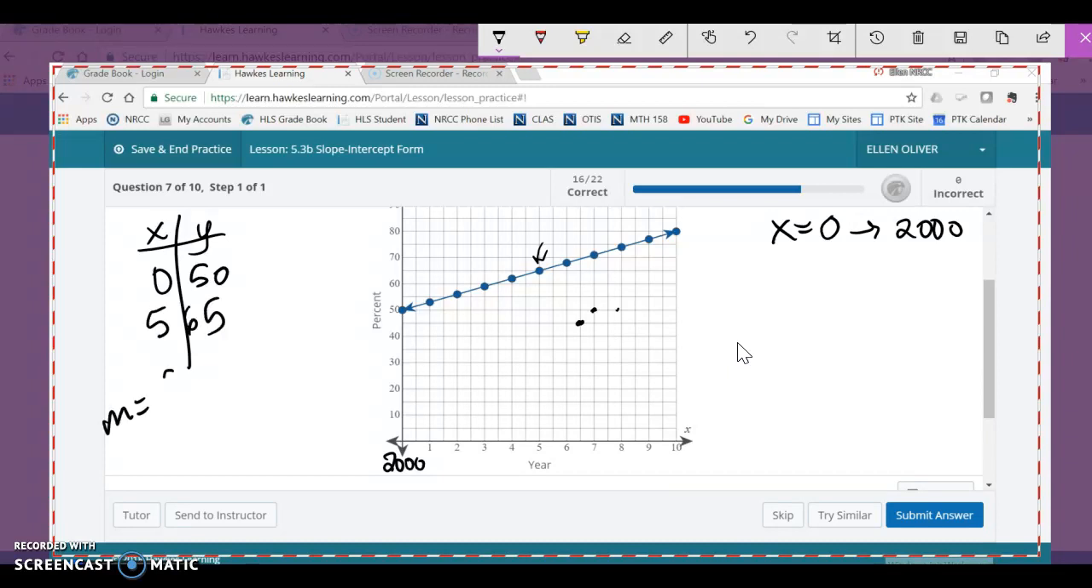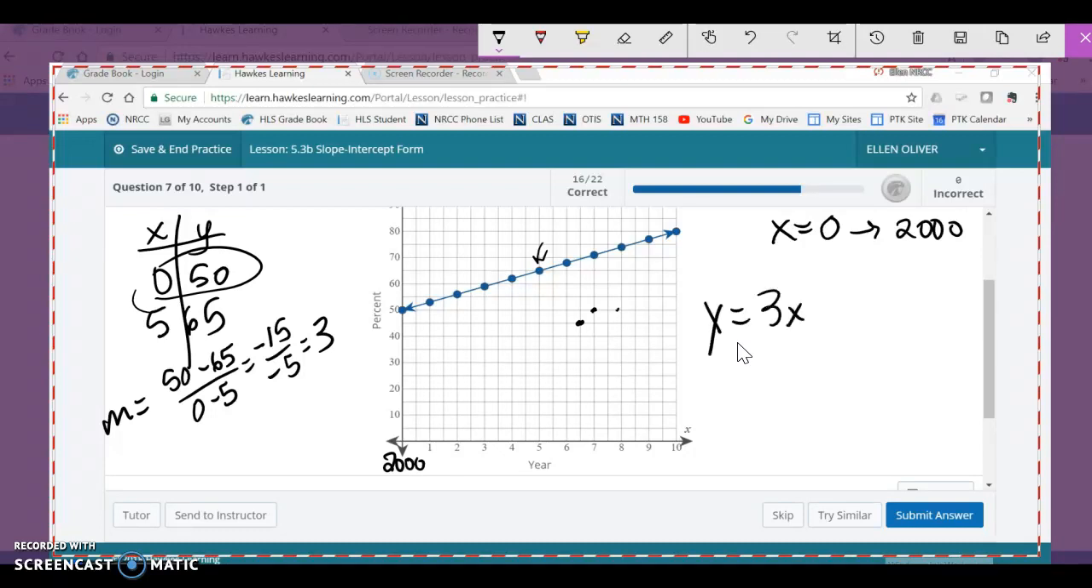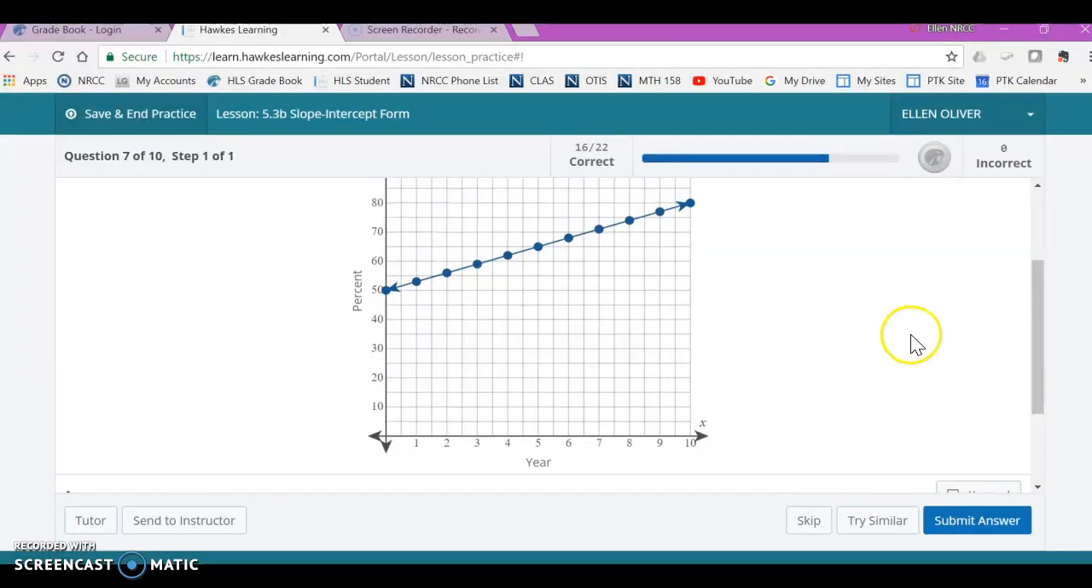So my slope is 50 minus 65 over 0 minus 5, which is -15 over -5, which is +3. And my y-intercept is right here, 0, 50. So y equals, my slope is 3, and my y-intercept is plus 50. y equals 3x plus 50. Let's see if that's